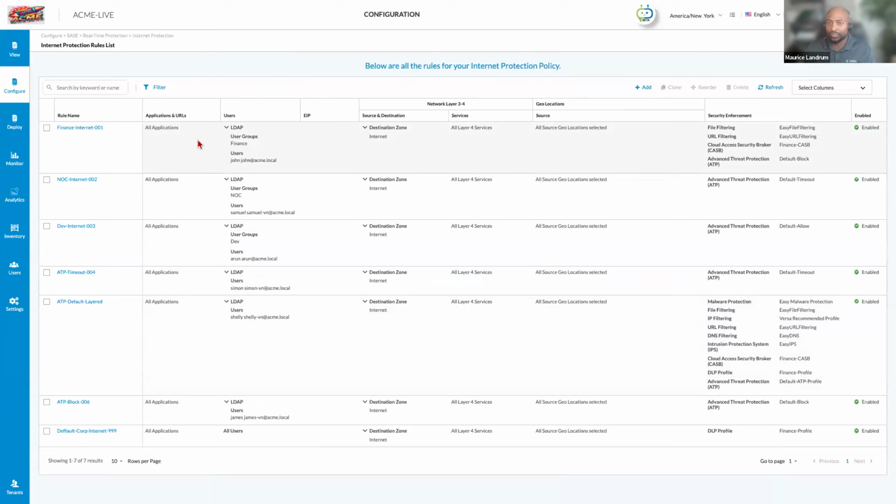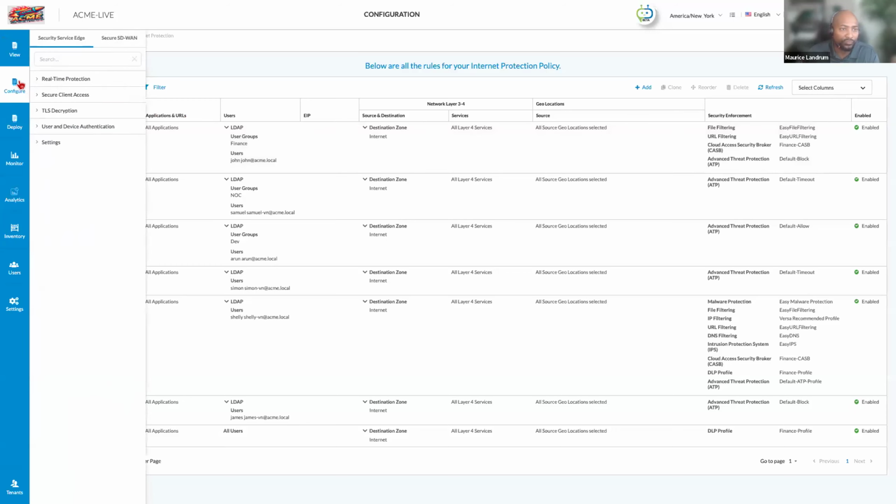If you're not familiar with our architecture, we have an orchestrator, then from there we have a controller, and through that controller we have VOS, or Versa Operating System, which is also our Versa cloud gateways. Through this UI is where all the configuration happens. Very simple, sleek, easy to configure.